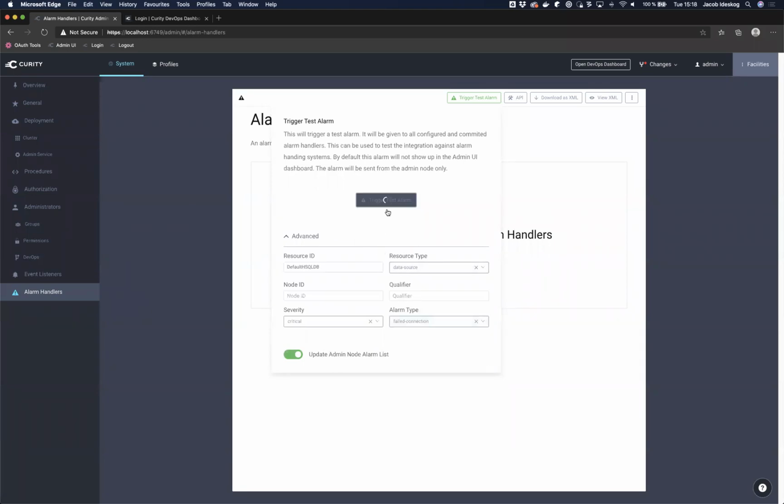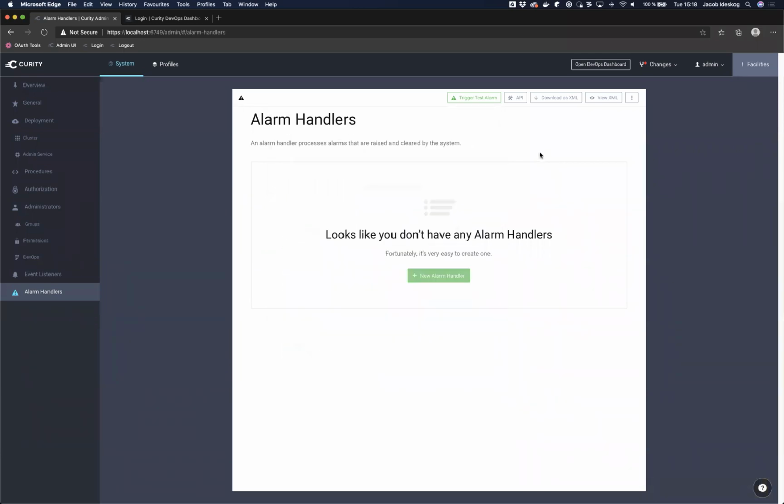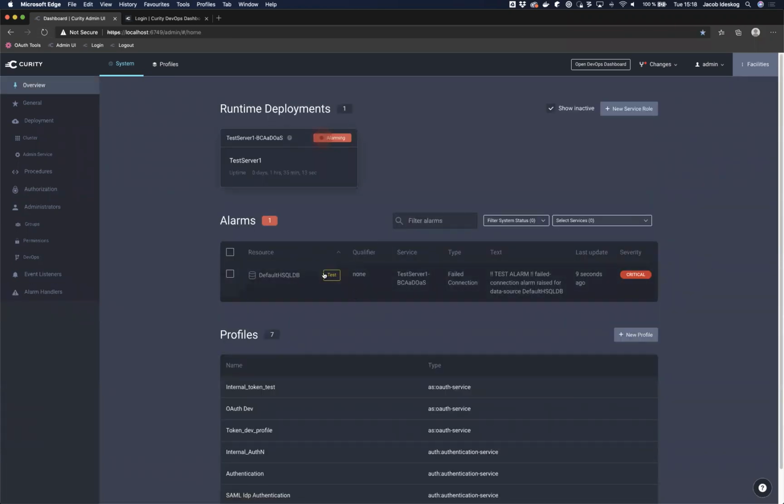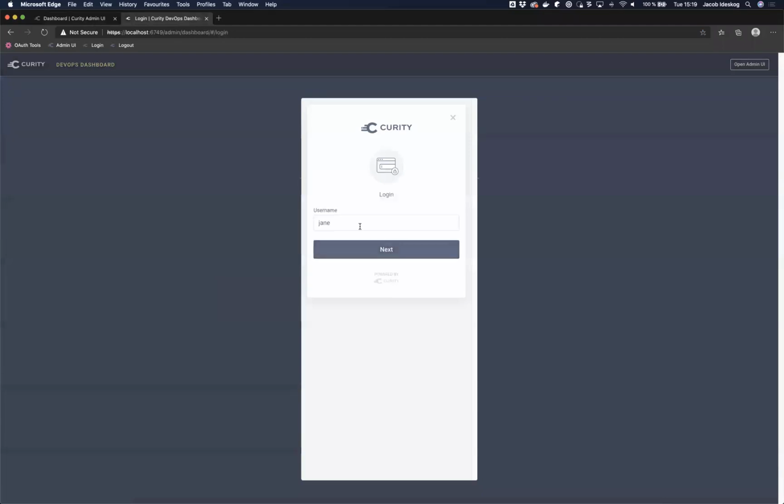If I trigger this test alarm, this is useful if you want to test alarm handlers and see that you got a Slack notification or however you're notified. But it's also useful because you'll see in the UI that it's a test. Your ops team doesn't necessarily have access to the UI, because that's not what they work with, and it's a special username, password, etc. to get in here. But they might have access to the DevOps dashboard, because this could be your company federated login. So if I log in as someone who's part of that Ops group,